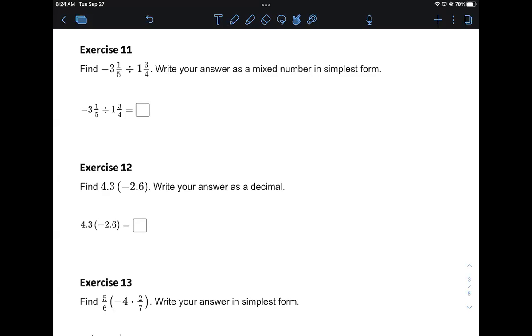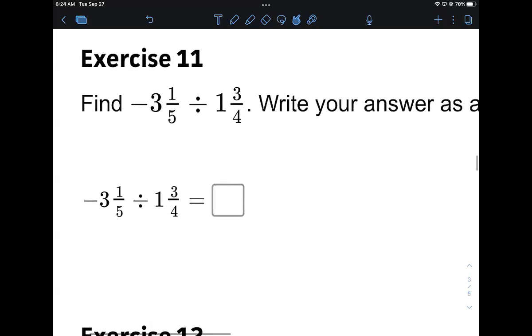Number 11 says find -3 1/5 divided by 1 3/4. So most of the questions we looked at for questions 1 through 10 were adding and subtracting, converting fractions to decimals, and vice versa. Number 11, we're actually going to start using our multiplying and dividing rules. And if I had to pick one that was my favorite, multiplying and dividing with fractions is my favorite thing to do. If I was adding or subtracting, I'd switch over to decimals, but if I'm multiplying and dividing, fractions